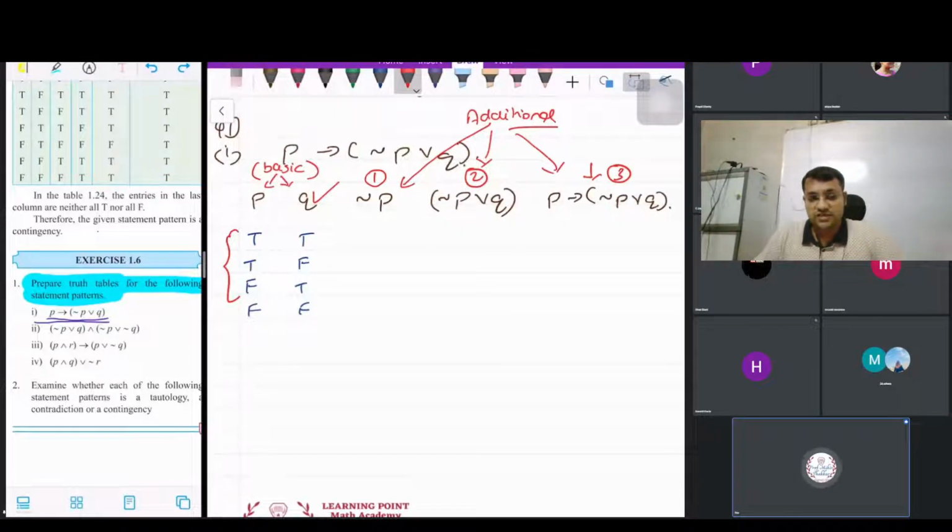So after this sum, I will tell you once again how to go ahead with the other additional columns as per the question. So first of all, let us try to fill up this particular table. It's really easy. Because I want the values of negation of P, I will just focus on the P column and find out the negation of that. I have highlighted it for you so it becomes easy to identify.